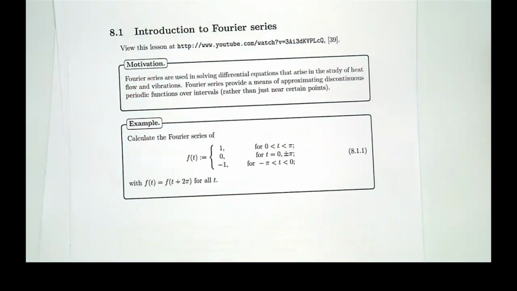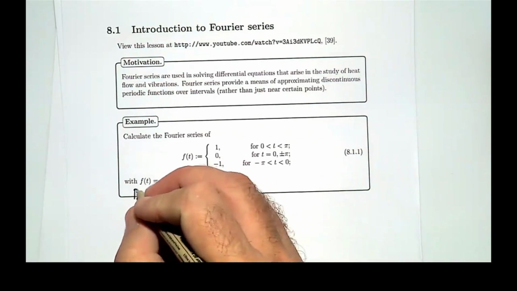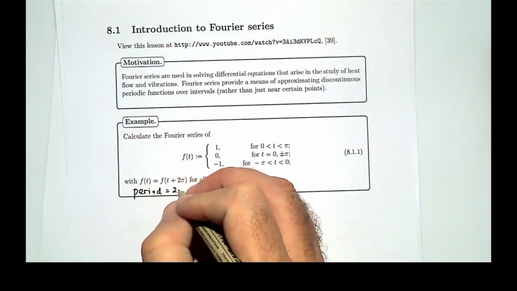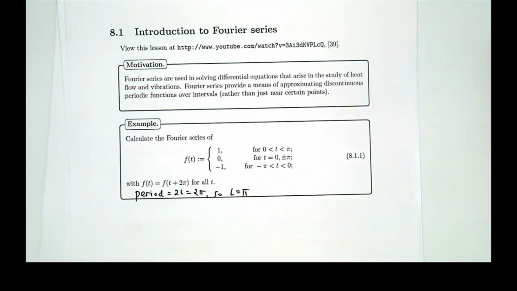Okay. This is a super simple example, and it's going to be a square wave, basically. Okay? So we're asked to calculate the Fourier series of this function here. Now the function is periodic, that's what this means, algebraically. The period is 2L, which is going to be 2 pi here. So the first thing I notice, half the period is going to be pi. So that, I need that for my